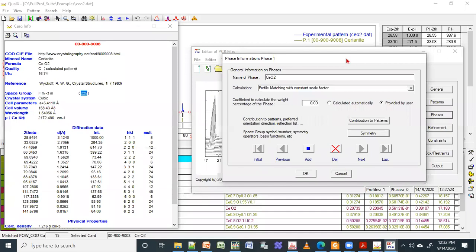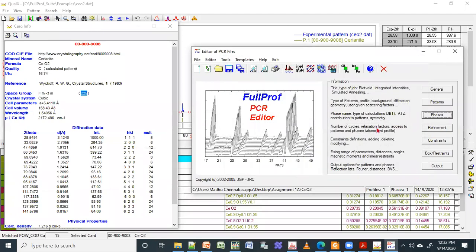So I have selected the calculation, I have selected the contribution, symmetry. Now I just settle okay. Okay, so again, I will just save it. Every time you just save it. This is like you're writing a WordPad or a Word document. It's better to always save in between.